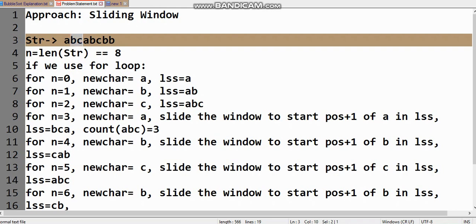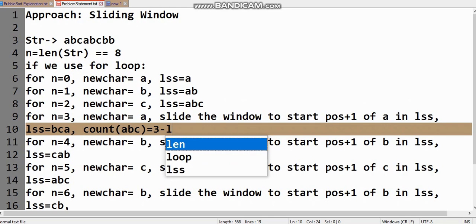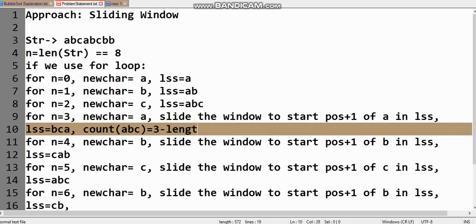The new substring becomes BCA, and we'll do the count operation on this substring and take the length of the longest substring as 3. This will be the length of the longest substring, so we will save it for our reference.